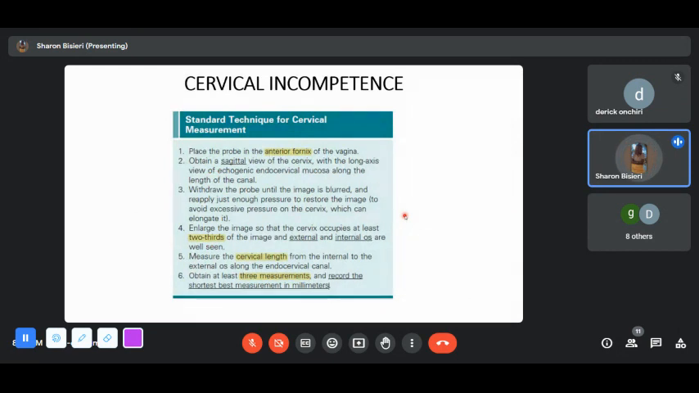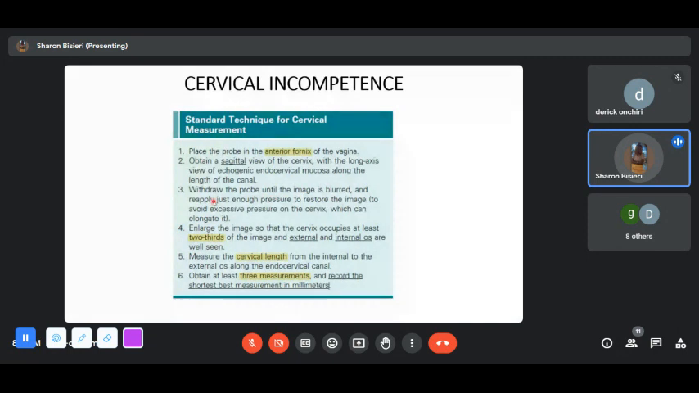So when you're examining the normal cervix, as we've mentioned before, on a transvaginal ultrasound, you place the probe in the anterior fornix, and then you obtain the cervix in the sagittal view. In this view, you should be able to make out your echogenic endocervical mucosa along the entire length of the canal. Once you see this, you withdraw your probe until the image is clear,